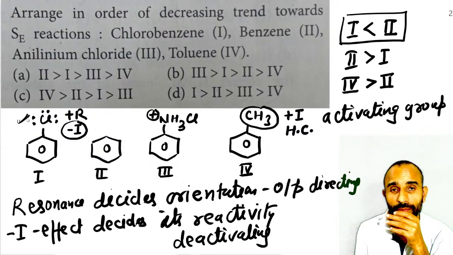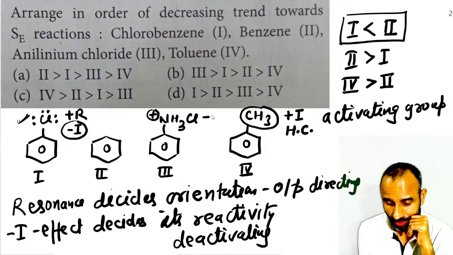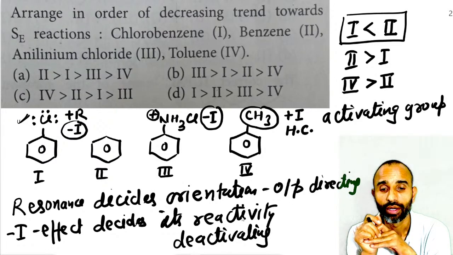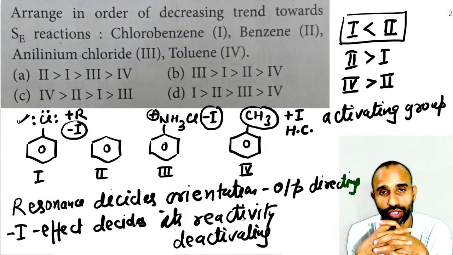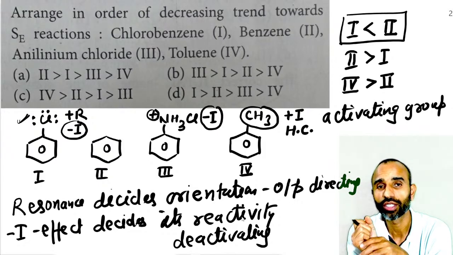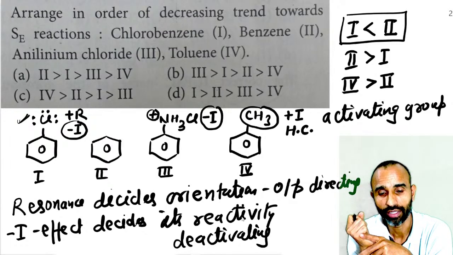Tell me, in NH3 plus, it will show only a minus I effect, and chlorine, but in nitrogen, you know, it is already attached to 3 hydrogens, but chlorine is alone. So chlorine is considered more electron withdrawing than NH3 positive Cl negative,